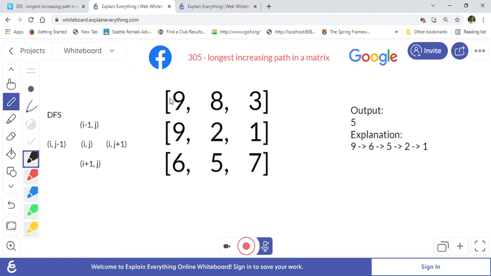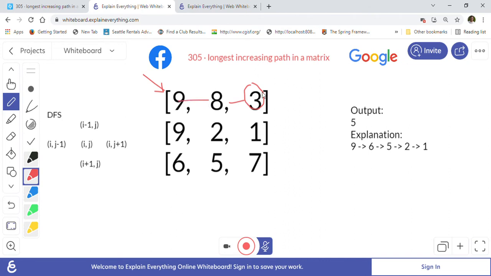This is the 2 by 2 matrix that is given to us as the second example. What we will be doing is using the DFS approach, which is depth first search. From every node we will perform DFS and calculate the maximum path that we can find, which is the longest increasing path in the matrix. For example, if we are doing a DFS on 3, then the longest path will be 3 to 8 and 8 to 9.